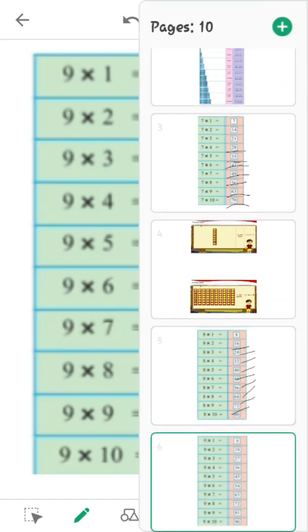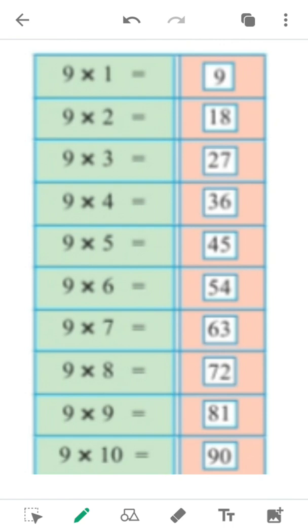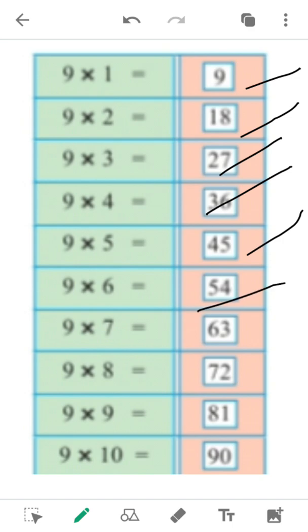Next, 9 ones are 9, 9 twos are 18, 9 threes are 27, 9 fours are 36, 9 fives are 45, 9 sixes are 54, 9 sevens are 63, 9 eights are 72, 9 nines are 81, and 9 tens are 90. So you make the 7, 8 and 9 tables like the 6 times table. Okay,